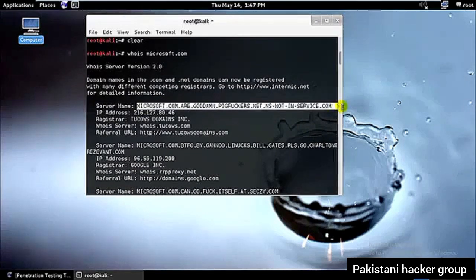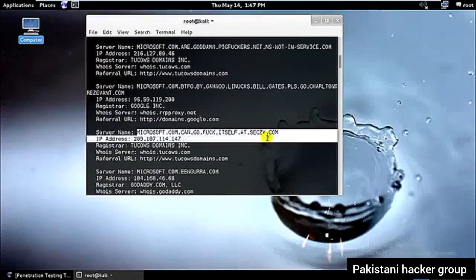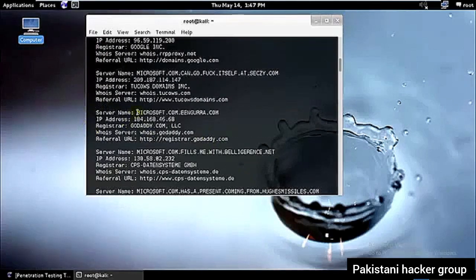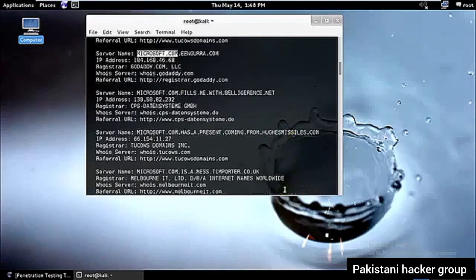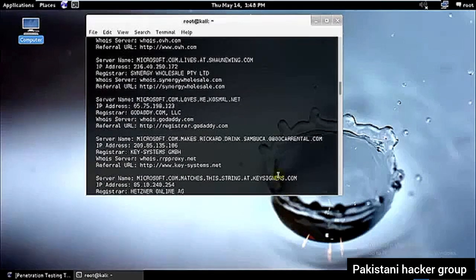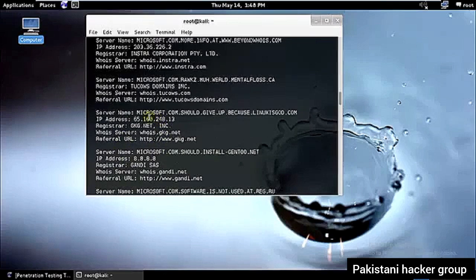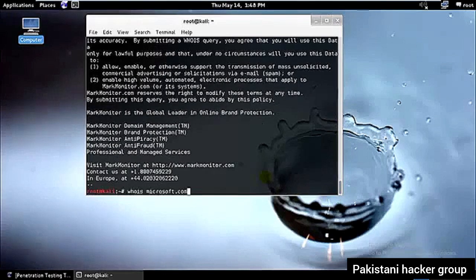So as you can see, these are a bit abusive, but they are fake. That's the reason it still gave it out, because these are the fake ones. Only the ones ending with Microsoft.com are the real ones. Everything else is fake. So this is better than just searching over the web, because the web will narrow it down to the original Microsoft.com, whereas when you try it in Linux, it will give you all the websites that start with Microsoft.com. So you can also go ahead and check